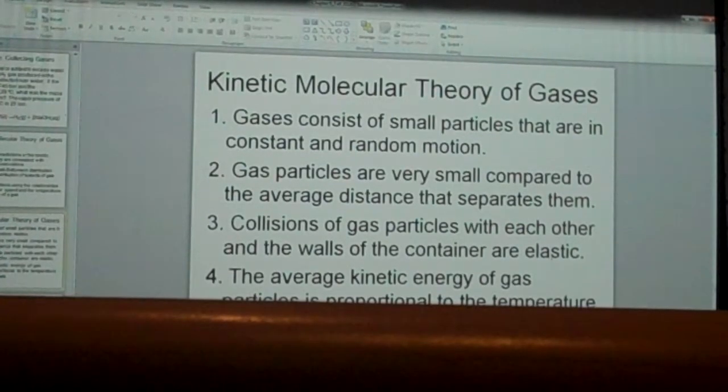Collisions of gas particles with each other are completely elastic. They don't lose any energy. If they did, that'd be very bad. And the average kinetic energy of a gas particle is proportional to the temperature on the Kelvin scale. Kelvin scale. Meaning that,